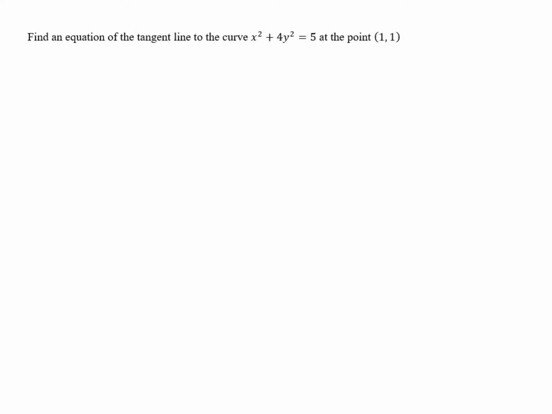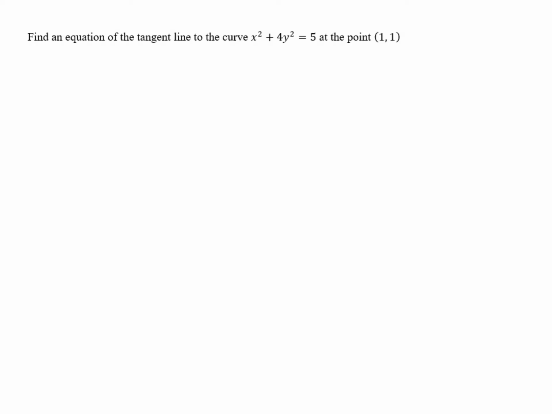Find an equation of the tangent line to the curve x squared plus 4y squared equals 5 at the point (1, 1). So for the equation of a tangent line, we need to know the slope of the tangent line. For the slope of the tangent line, we need to know the derivative. And because this isn't really easily written as y as a function of x, it's best here to use implicit